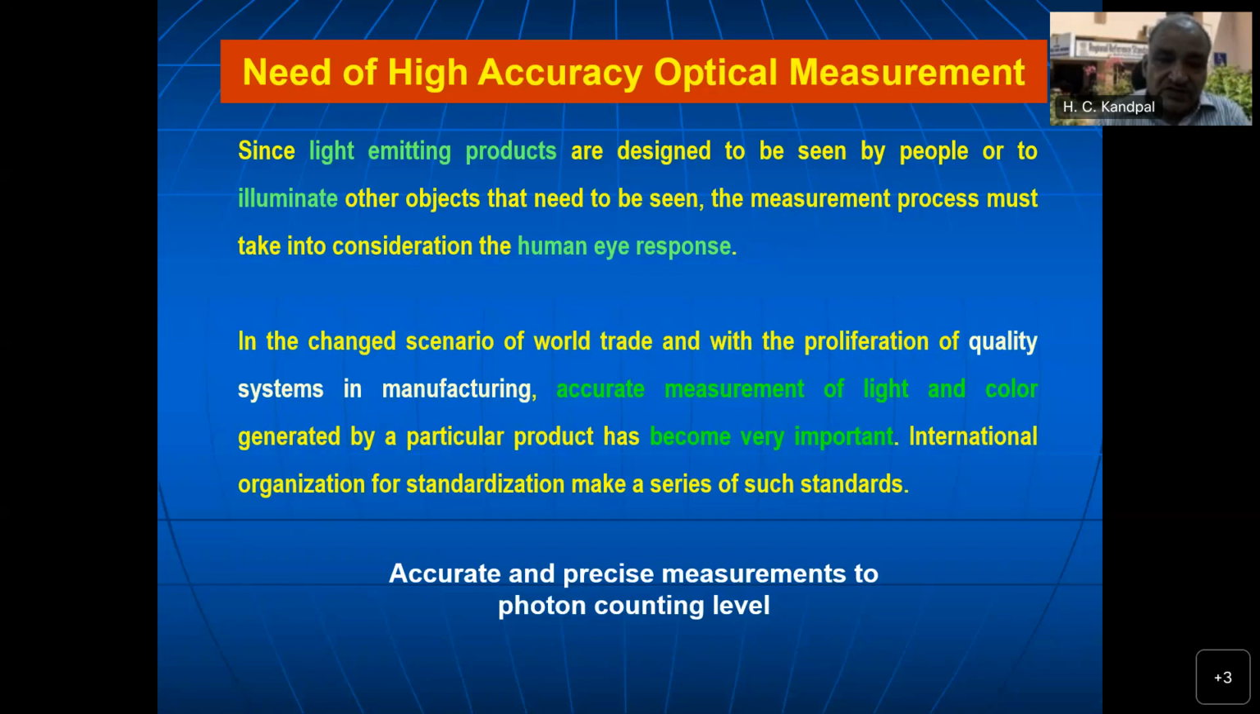The photometers that have to be used should have the human eye response close to the theoretically defined human eye response defined by CIE, and those photometers will be having the